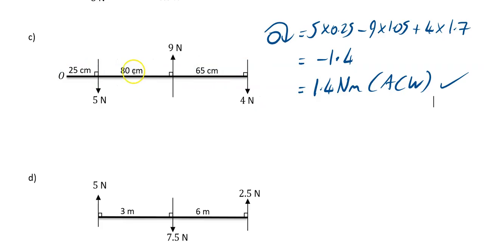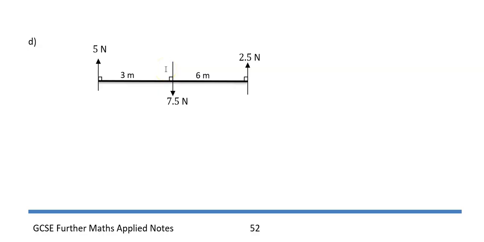Okay, our last one of this type, and we don't have an O here. I would put the O just on the end, so I'll label this as O, and then I'll take moments about O. Haven't a clue whether this one's going to be going clockwise or anti-clockwise, but if we do balance up in this one, if we resolve vertically, it's looking more likely that it's going to be balanced, because